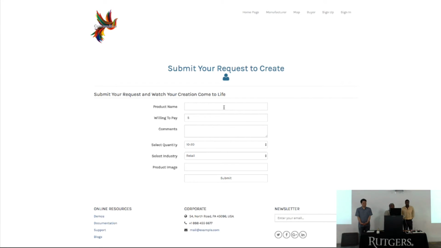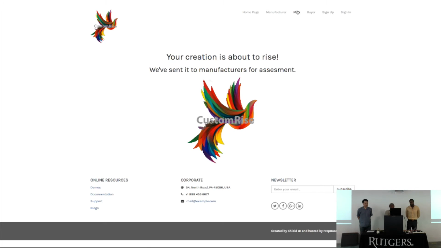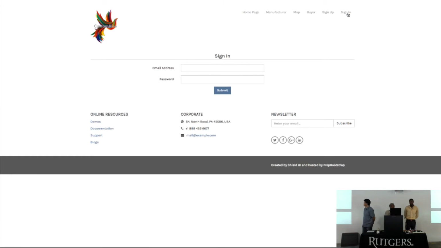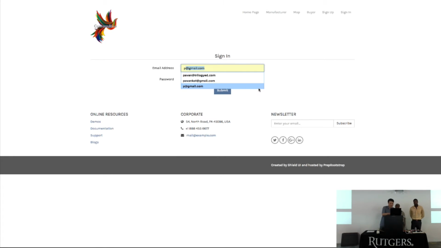They would fill out all of the necessary information, some of which we're pulling from the back end from the profile that they've already created, such as their name and company name. And then once they submit the request, I think we already have some loaded. Once they submit the request, we would then log in as a manufacturer and be able to see their request. I could sign in as